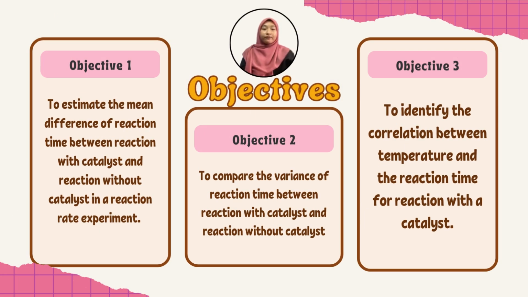For the objectives of this study, there are 3 objectives in total. The first one is to estimate the mean difference for reaction time between a reaction with catalyst and a reaction without catalyst. The second objective is to compare the variance of the reaction time between a reaction with catalyst and a reaction without catalyst. And the third objective is to identify the correlation between the temperature and reaction time in a reaction